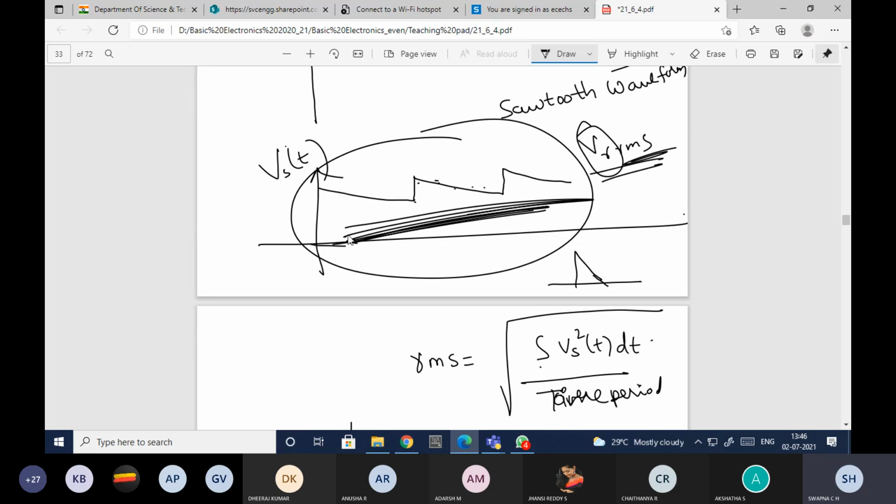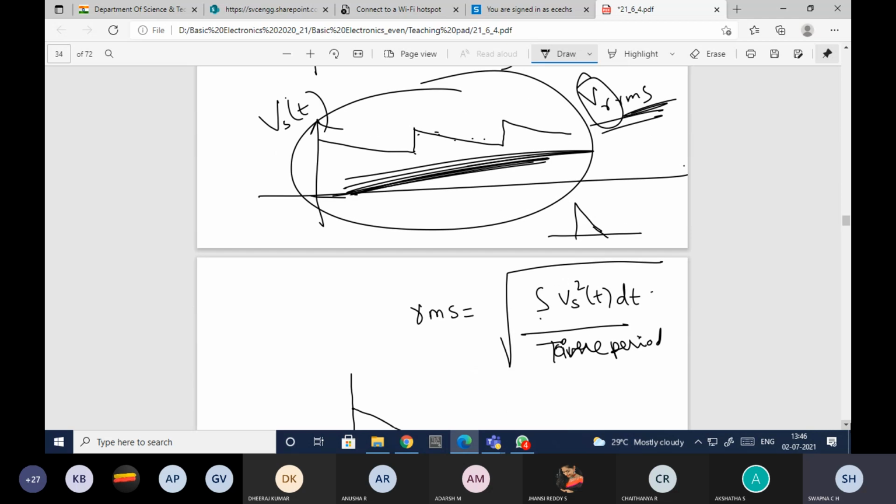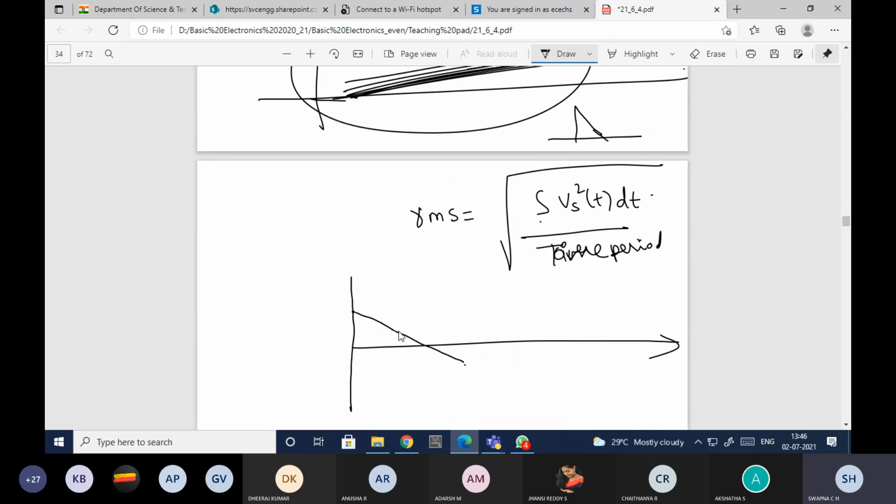It is not at the ground level. It is like there is some offset present. So we'll remove that offset and bring it to the ground point. And this is how the signal will be. So for this signal, you need to find